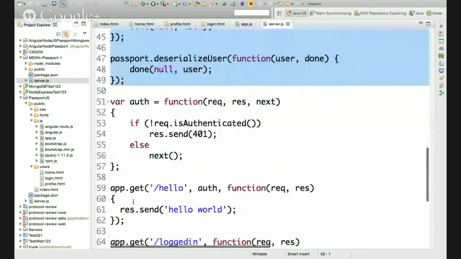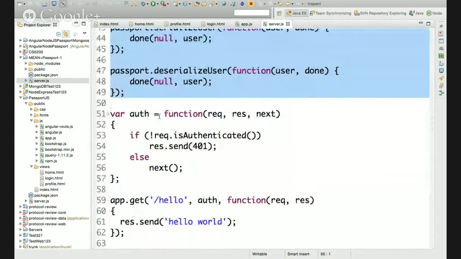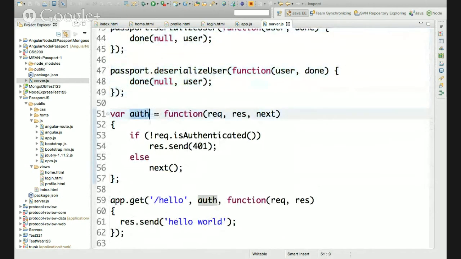And finally here, we're creating a function that we are going to use to intercept all incoming traffic for certain URLs, right? For instance, we're going to create a function here that we want always to be invoked before certain things occur, right? What we're doing here is that in the request object,